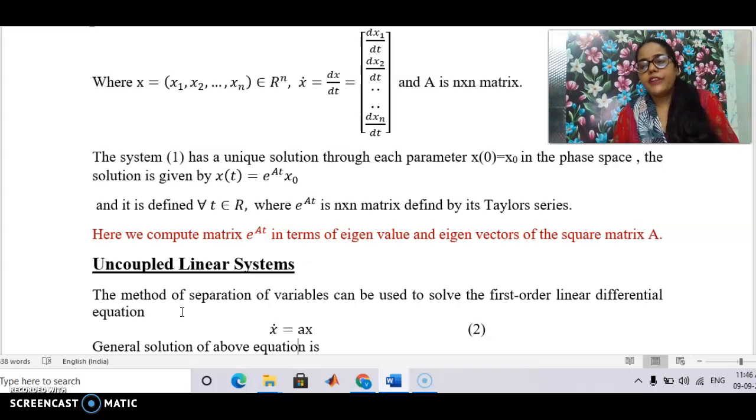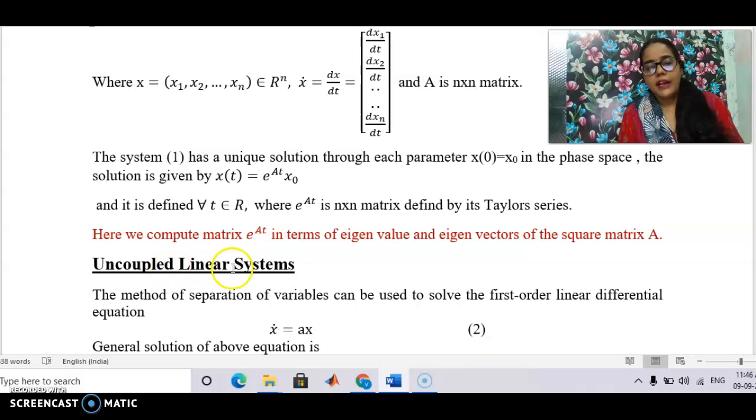And this type of equation is solved by using the simple variable separable method. So mainly, whatever coupled system of equations we have, it means it contains a function of x1 and x2 both. To solve that type of equation, what we will mainly do is convert that coupled system into an uncoupled linear system.